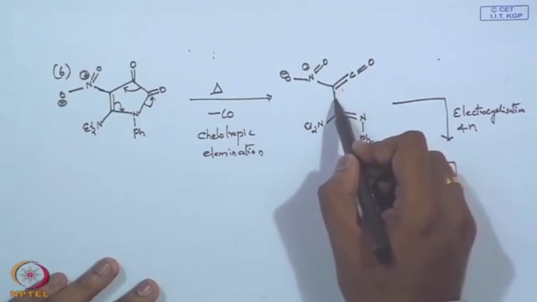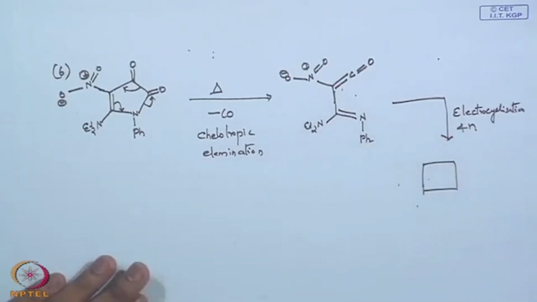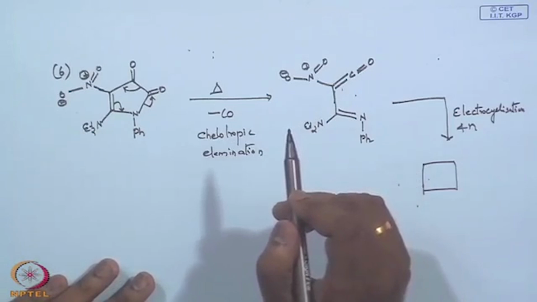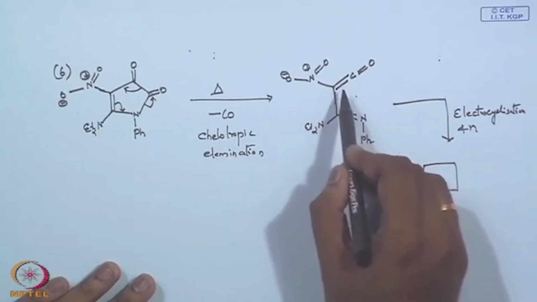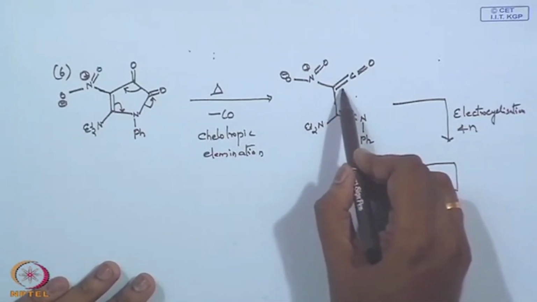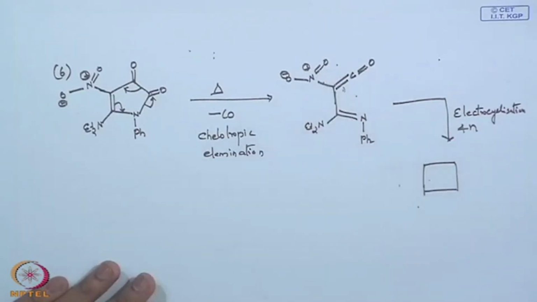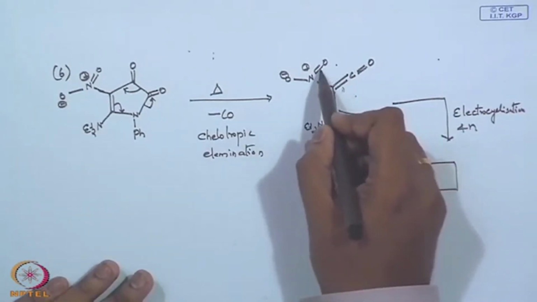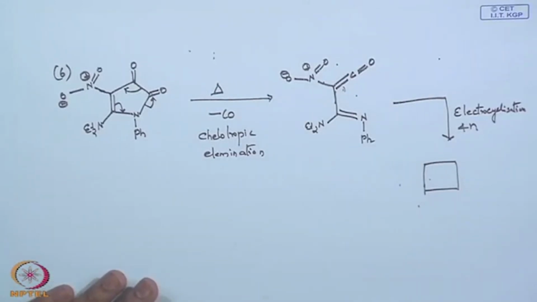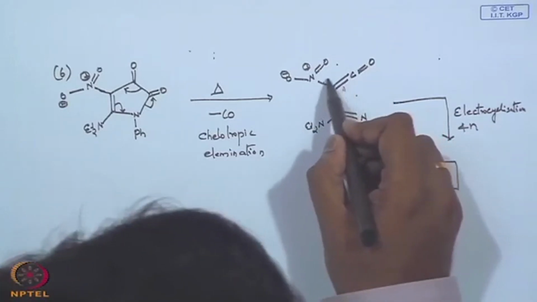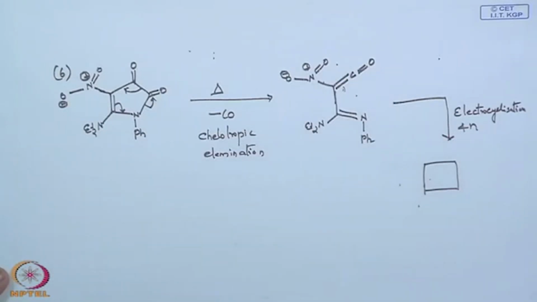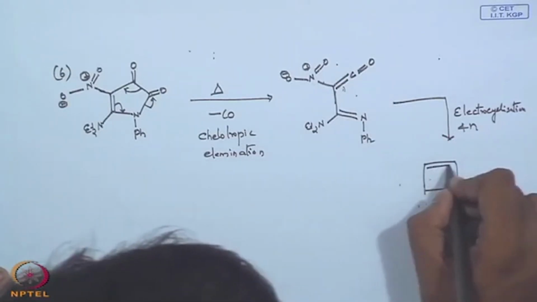I can push my bond and cyclize this one, or, since I have drawn this, that goes in your mind very clearly, I can push this and cyclize here also. Yes or no? Yes, I can do this pretty nicely. Clear? So it undergoes this electrocyclization to give you the